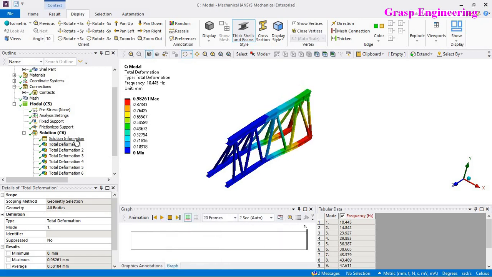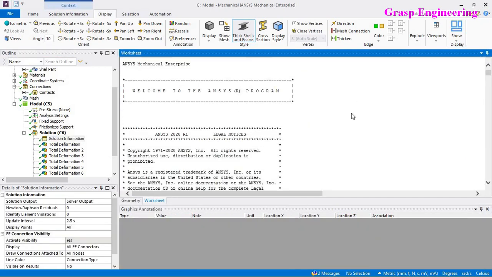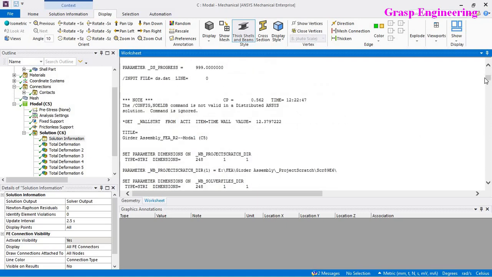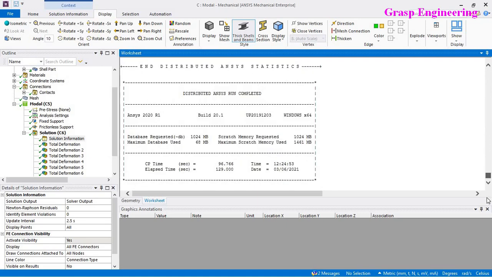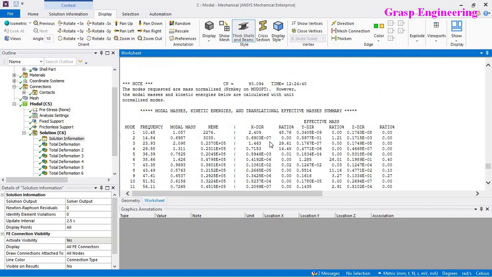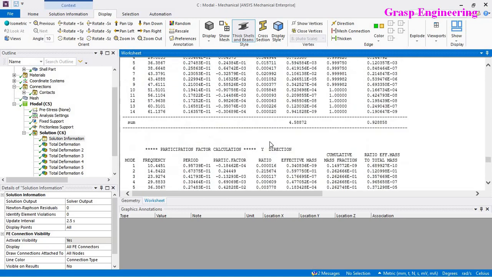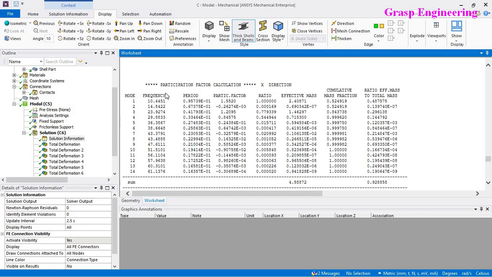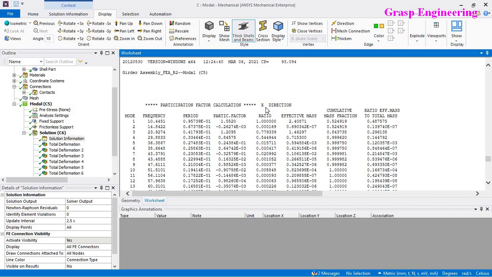Another output: if you go to solution information and look at the table at the bottom, it gives you a lot of information, like the frequency, period, participation fraction, effective mass, and total effective mass. This mass is basically for the X direction.